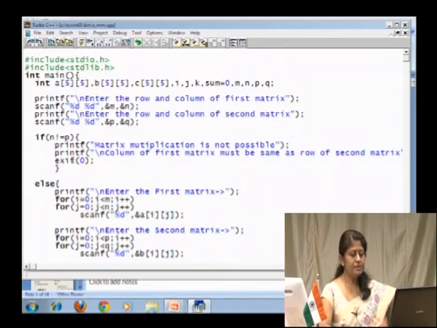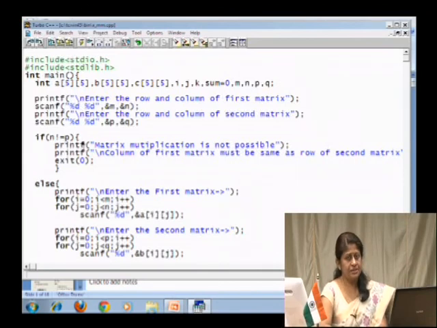In C programming, you know that whenever we are using functions, these functions should be supported by the respective header files. So, as we are using the exit function over here, this exit function is supported by the standard library file. So I am also including stdlib.h, that is the standard library header file.